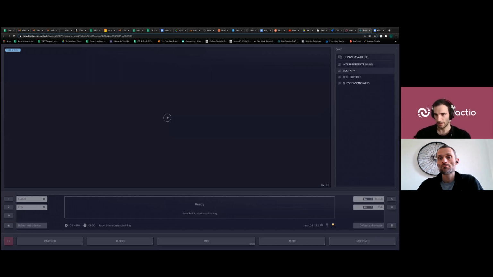We have company and question and answers chat, but since for your setup it's not necessary to know, we won't spend time on it. But one of the chats which is important for you is the tech support chat, which is the chat where you will be able to communicate with the technician of the event. So you will have a technician who will be monitoring the event. You can communicate with the technician here through the chat. Just click on the chat, and then here we have the channel. You can